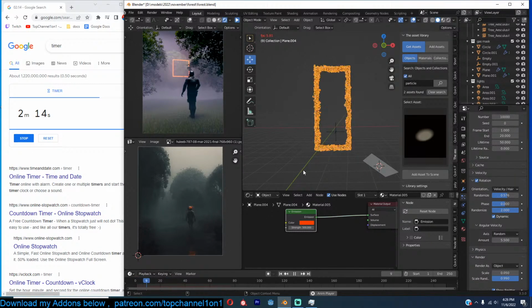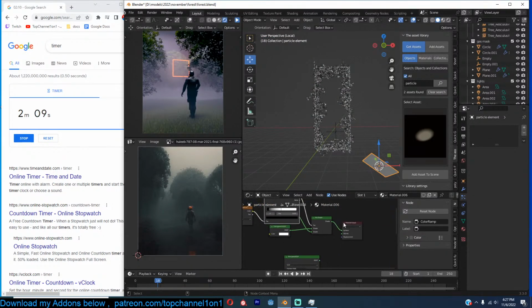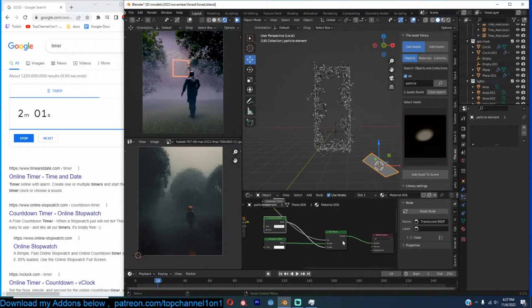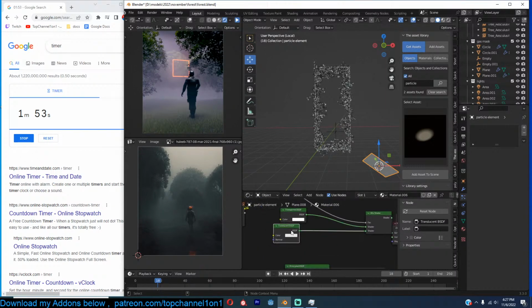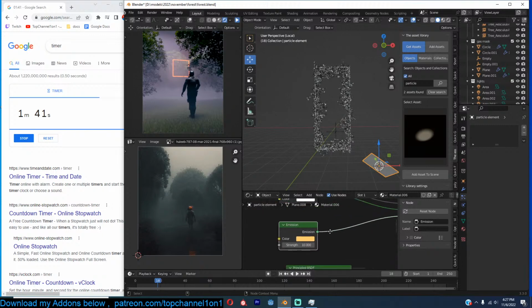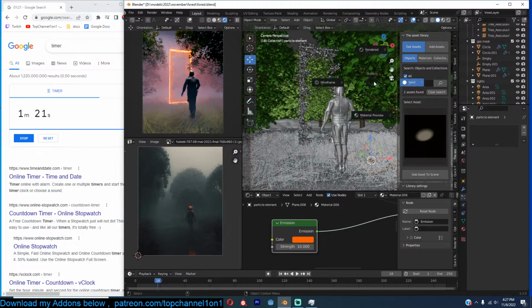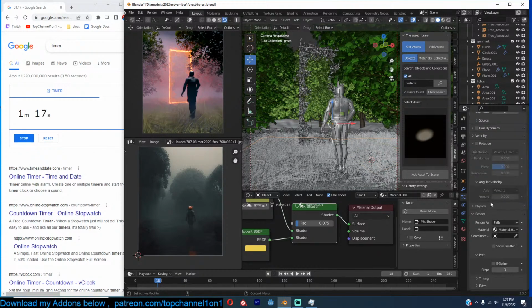And now these, we're going to use transparency. Here we're just going to use an emission. Let's see. And first hide the volumetric for a bit. Oh, and I think the particles,